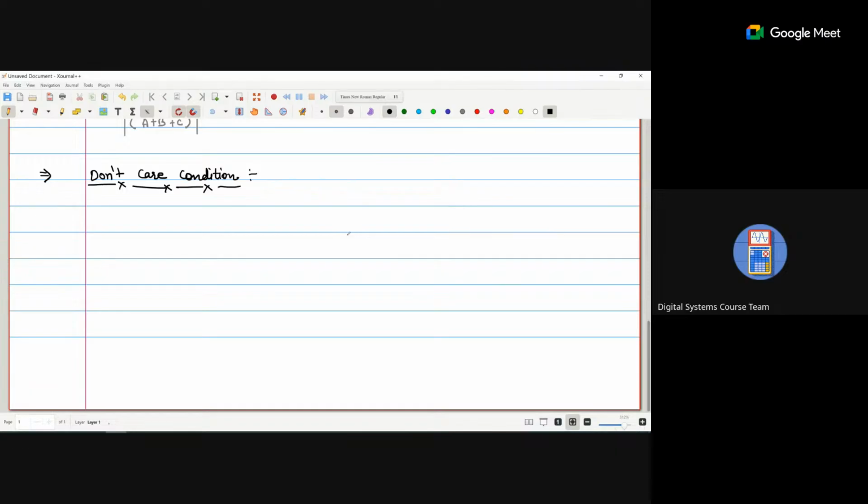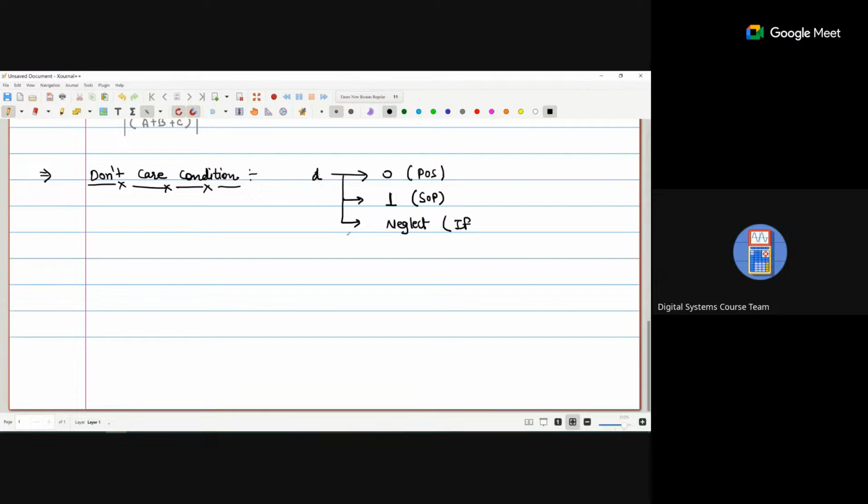If you do not require it, you can throw it. So the don't care condition is similar to that. It should be represented by the D. Maybe you can consider it as a 0 if you are creating the POS. If you require an SOP term, you can consider it as a 1, or you can neglect it also